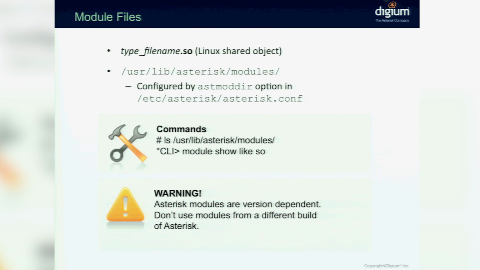Module files. Now, Asterisk does have a modular architecture, right? In Linux, we see the same sort of thing. We have the Linux kernel, and then we have a pile of software built on top of that which uses the kernel to interact and interconnect with each other to accomplish something. Asterisk has a very similar architecture. There's a basic core, and it has several modules that provide some specific functionality. We'll get into the modules themselves, but first I just wanted to show you that the modules are named something like this,